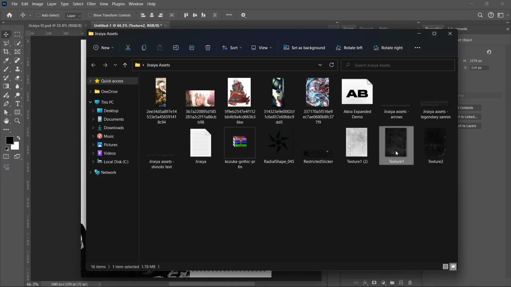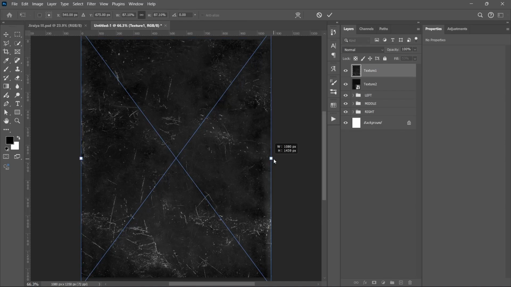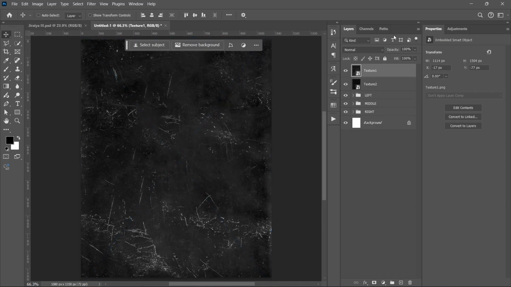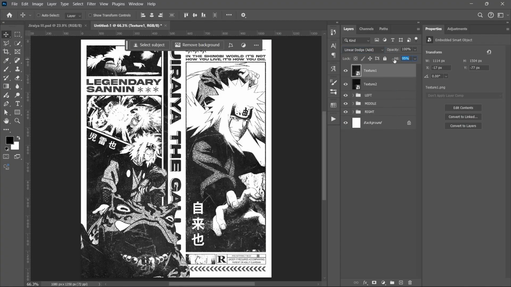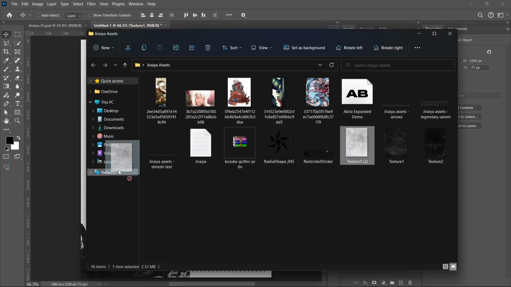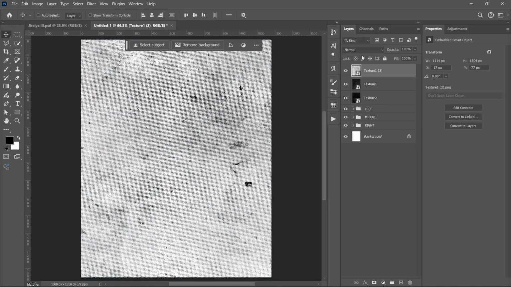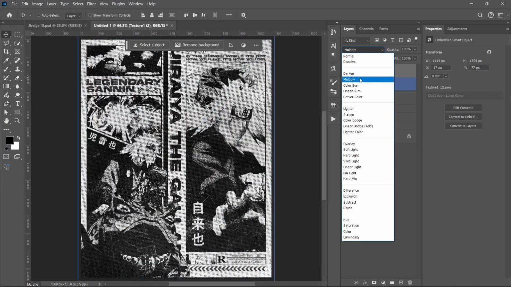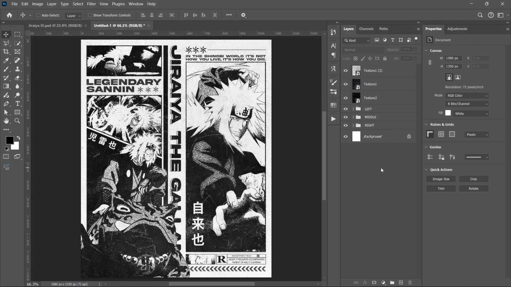We bring in another texture, extend it, play with the blending mode. Color dodge works. Color dodge add, reduce the fill a bit. Going, bring our last texture, extend it. For this one, we'll use multiply and reduce the fill. Okay, now